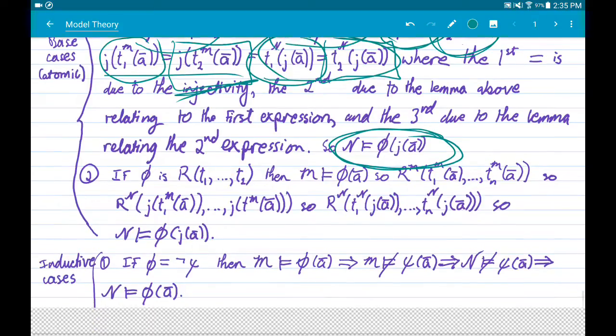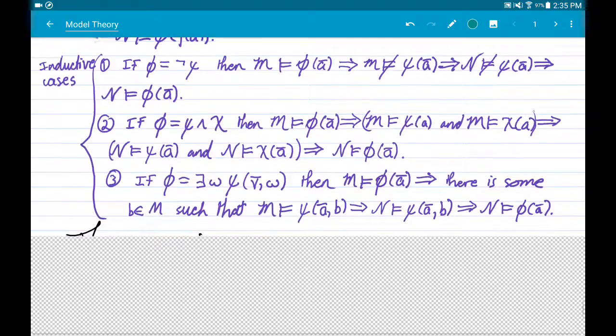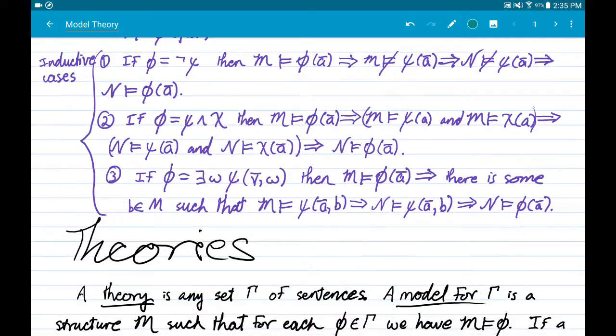So we could repeat the proof for the other atomic, the other base case where phi is an expression of a relation on some terms. The argument goes very much the same way. And then we get to the inductive case where we suppose that phi is, in one case, equal to negation psi, and